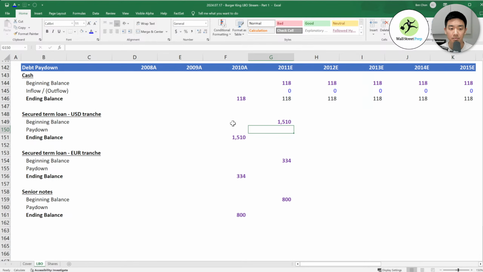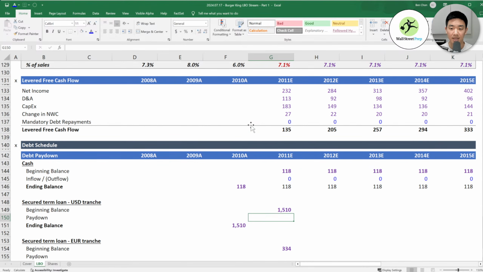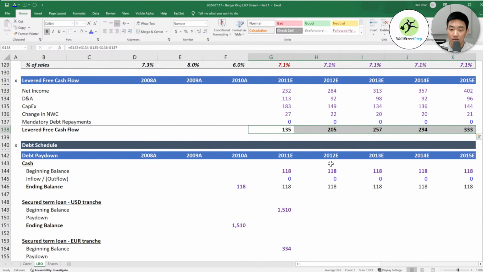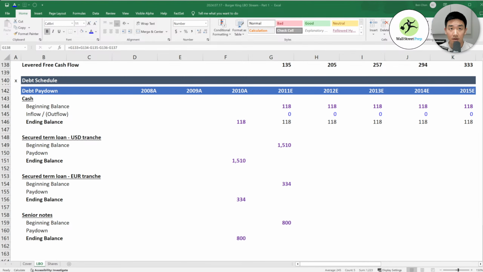Now this is where we start paying down our debt, right? And so our levered free cash flow is what we're using to pay down any debt. This is often called a debt waterfall, because when you have the cash that you have generated, you first pay off as much as you can of your first tranche, and then what's left over goes to your second, and then what's left over goes to your third. Now in our scenario, we don't have that much cash, so honestly all of this is going to be paid to just this first tranche of debt.